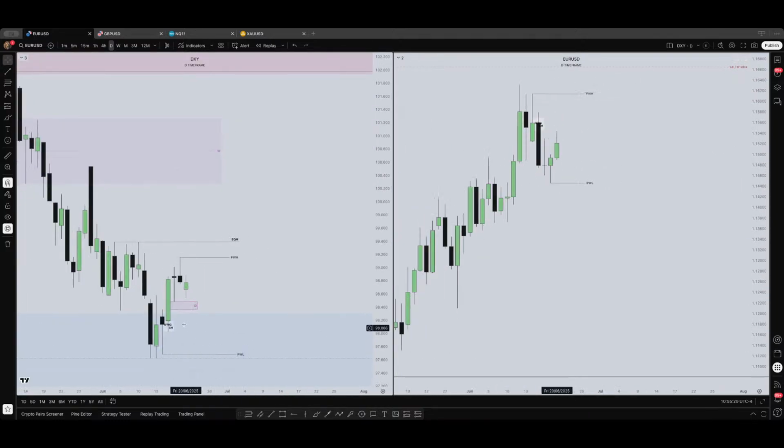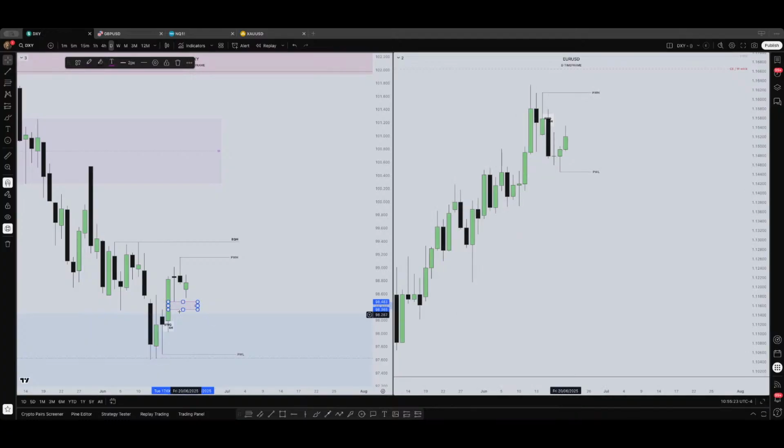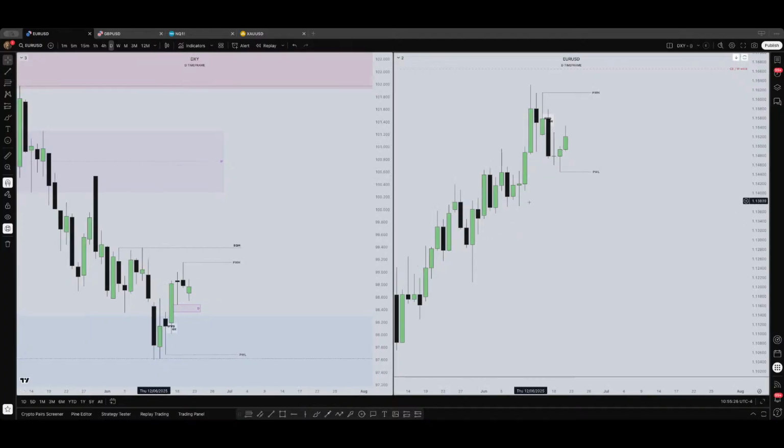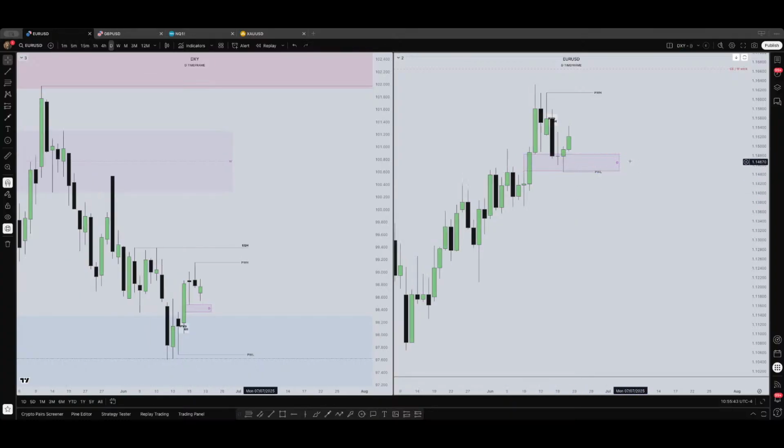So here we have a daily fair value gap. Also here we have a daily. It will be nice if price closes with body through it. Okay. So I will consider this an inversion fair value gap, and it will act not anymore like a support but a resistance. So something like this. Imagine price closes with body, returns to the area, and we expect lower prices. Okay.